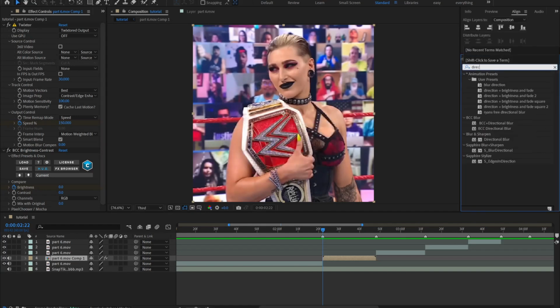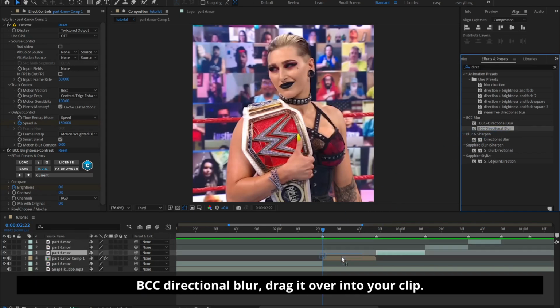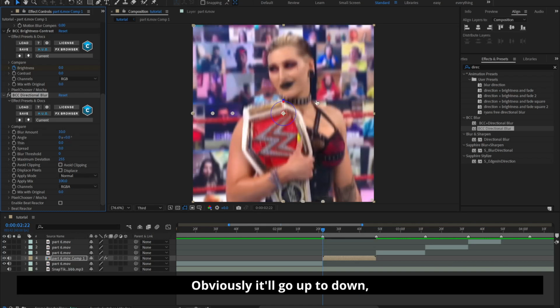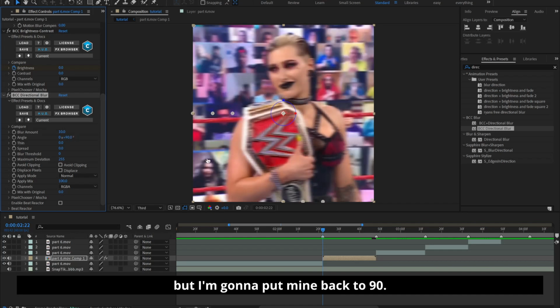directional blur, BCC directional blur, drag it over into your clip. Now you'll see it at the left side of your screen. Depending on wherever you want your blur, I like mine going sideways, so I keep it at 90, but if you want it going up to down, you put it to 0, and obviously it'll go up to down, but I'm going to put mine back to 90. Adjust yours however you feel. I don't really touch anything beyond angle,